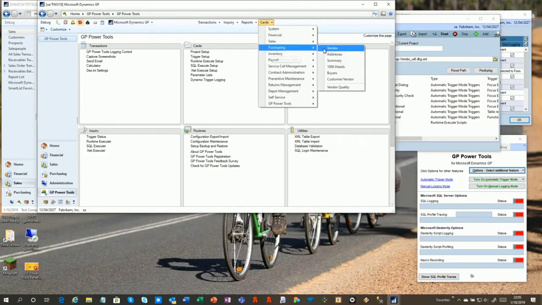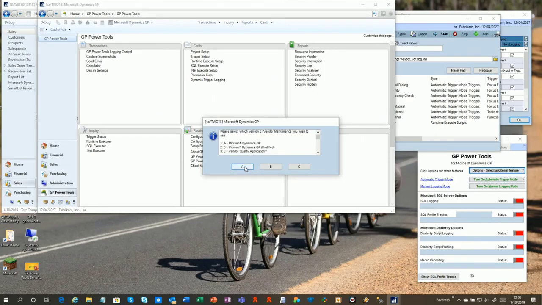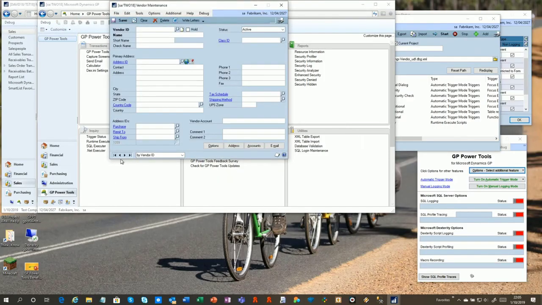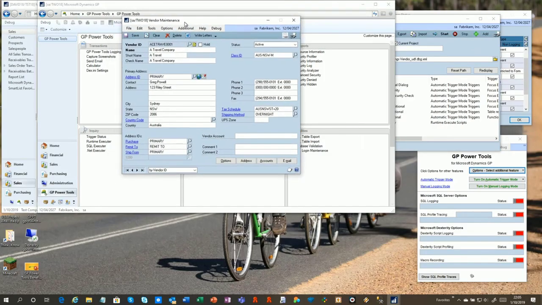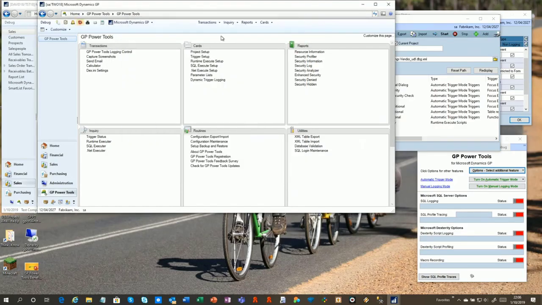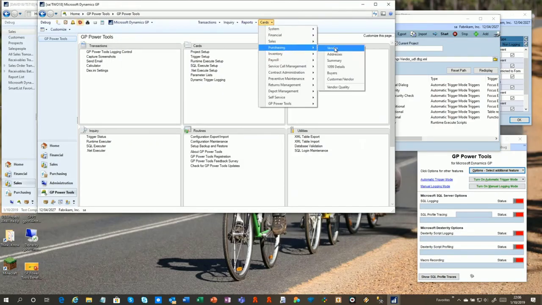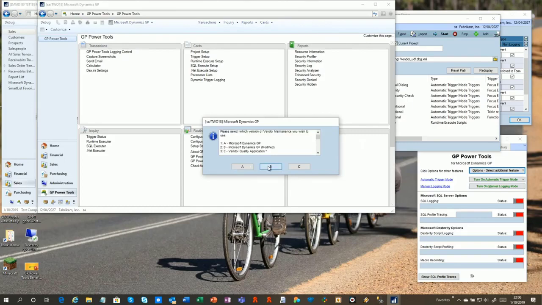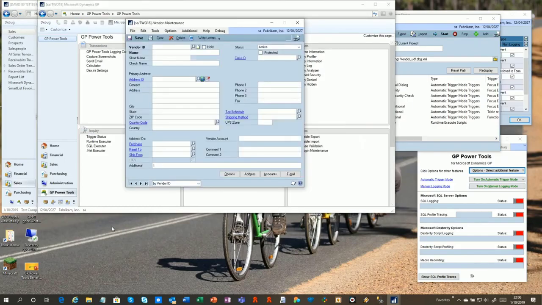If I go to purchasing and bring up my vendor, if I bring up the original window, you'll see there's your vendor maintenance and nothing untoward or different is happening. But if I reopen that window and this time I say to use the modified version of the window, so it's B, you'll see that it has this additional field on the window. And if I pull up a record,